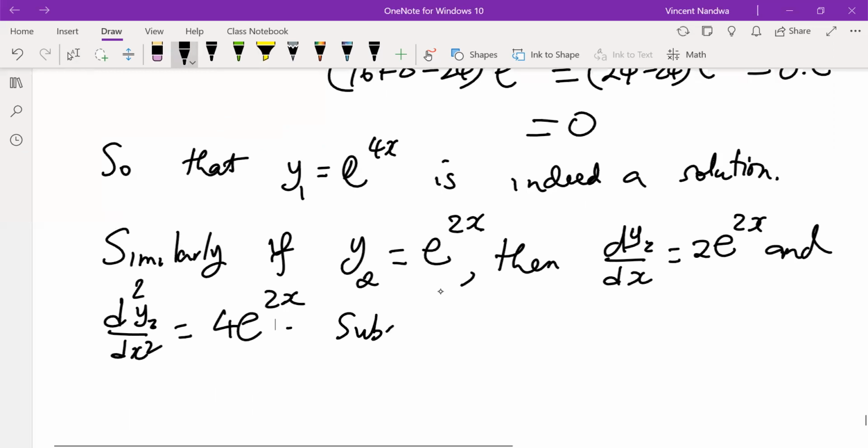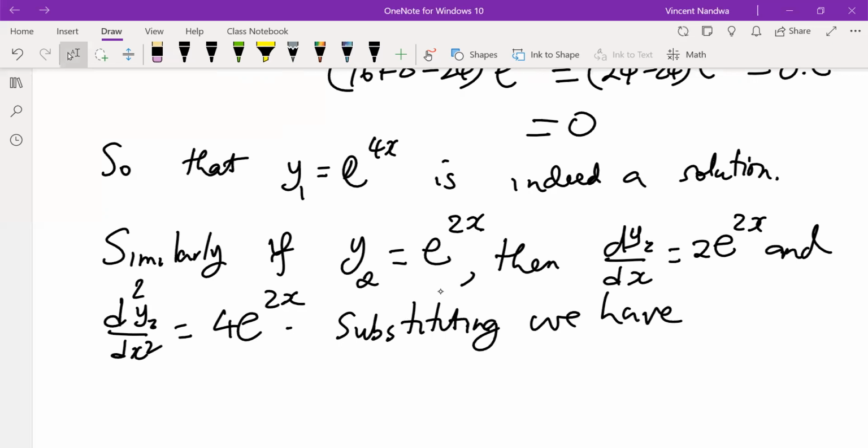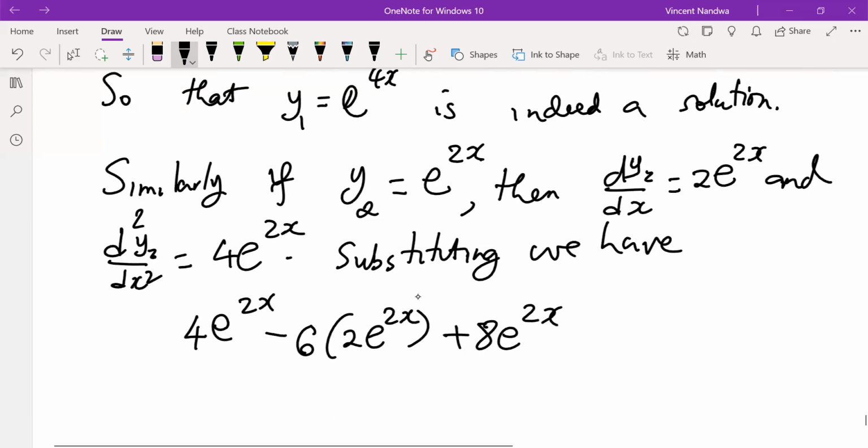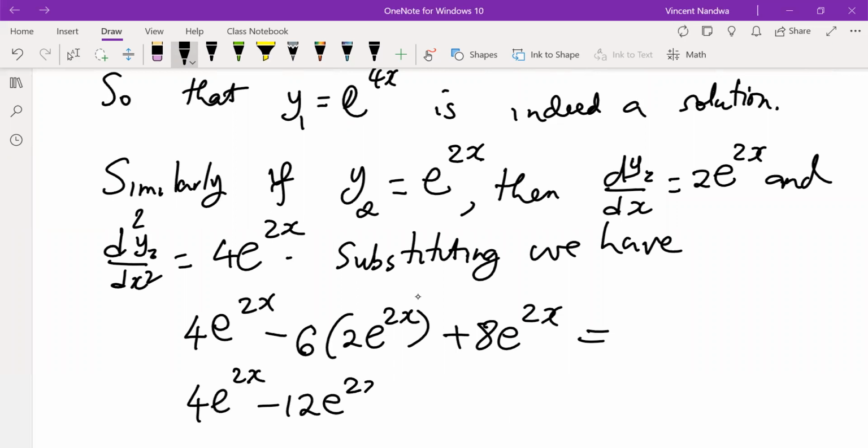Substituting, we have 4 e raised power 2x minus 6 times 2 e raised power 2x plus 8 e raised power 2x, which is the same as 4 e raised power 2x minus 12 e raised power 2x plus 8 e raised power 2x,